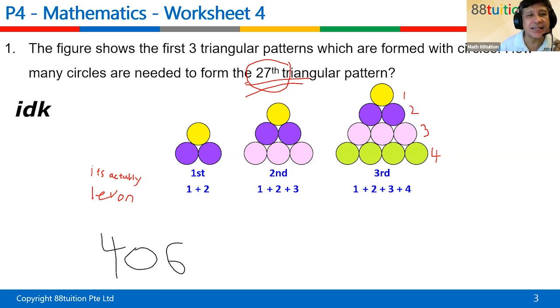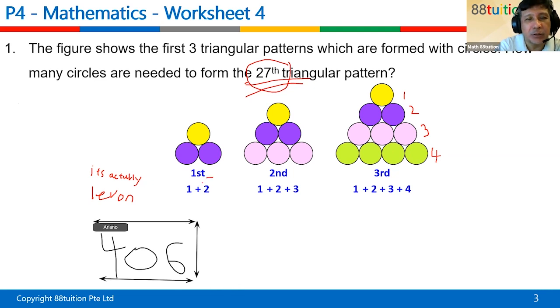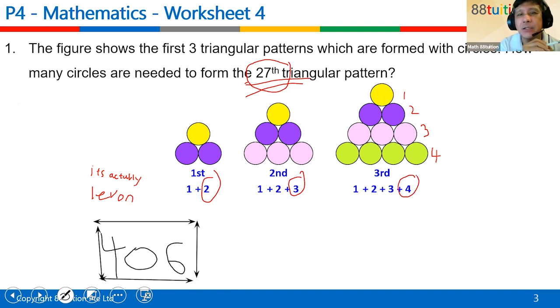But what is that last number we are talking about? Nicole, you cannot just put IDK, right? We were talking about already. So like pattern 1 ends with 2, pattern 2 ends with 3, pattern 3 ends with 4. So pattern 27, the last number must be,